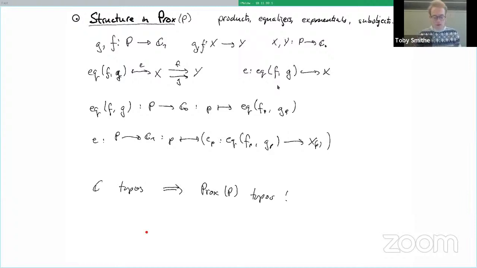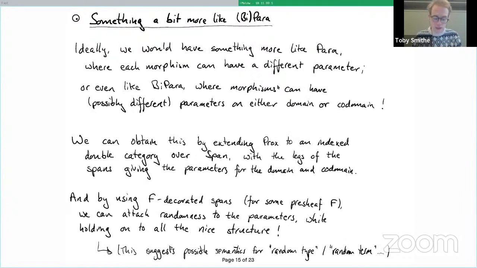In particular, we don't have this thing where we've got different parameters, P and Q, on the morphisms. That's a thing that I think we want to see, and I guess we'll come on to that. Now, in particular, I want to do a version of this story for something called bipara, where both the domain and the codomain of the morphisms might be thought of as being parameterized. Of course, para is the case where we have a kind of trivial parameter on the codomain, and copara is the case where we have a trivial parameter on the domain.